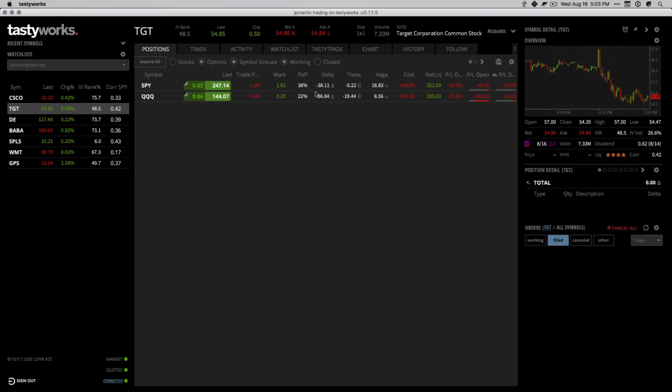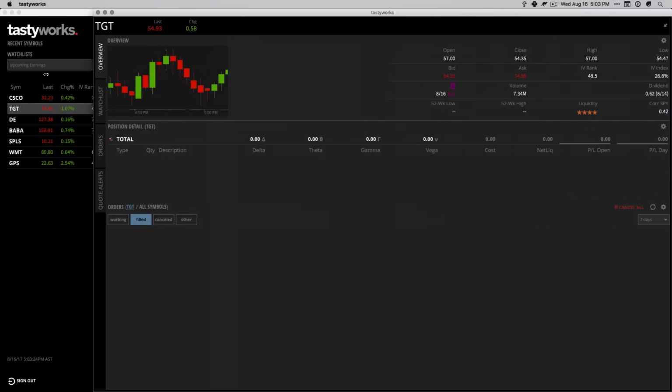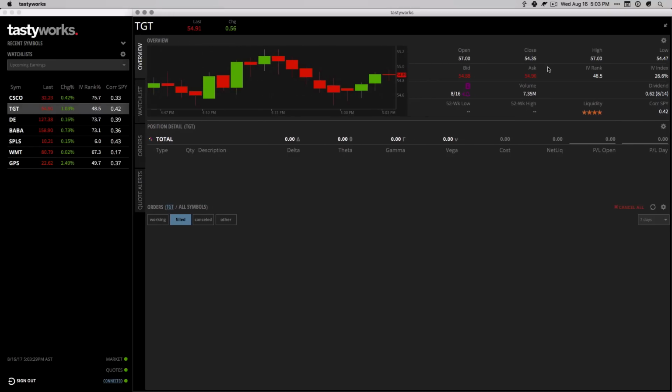Now, for a particular stock, let's say I'm looking at Target, so here we go. We can actually detach this, if you see right here, and we can expand this and look at the details about this. So let me just expand this a bit more for convenience sake. So we have here the open, the close, the high, the low, the bid and ask, the IV rank compared with the rest, the IV index of that particular stock, whether there's earnings before the bell or after the bell, the volume, if there's dividend, how much liquidity they have, the 52-week, how much it is correlated with the SPY,